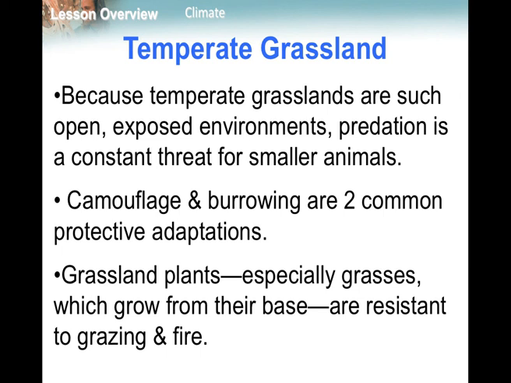It's often very flat. Animals have to be very adapted in order to survive. They're good at camouflage, burrowing, things like that, so that they can avoid their predators. A lot of our grassland plants are very well adapted to this area. They have a resistance to the fires that can go